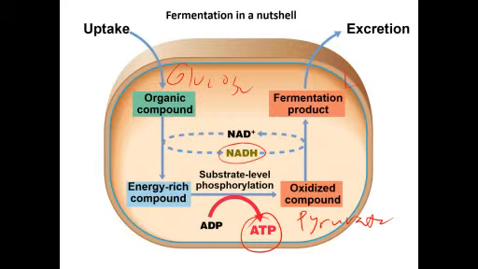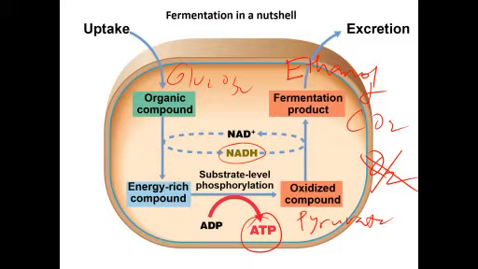So something like, for instance, ethanol and CO2 gas. Now this process of converting pyruvate, remember, you have no oxygen present. So you've got to take pyruvate, and it's got to go somewhere. And you've also built up this excess